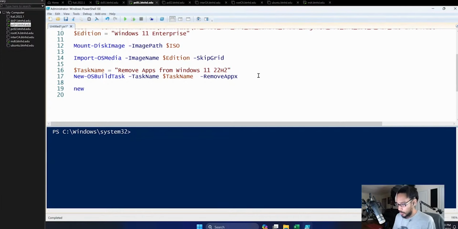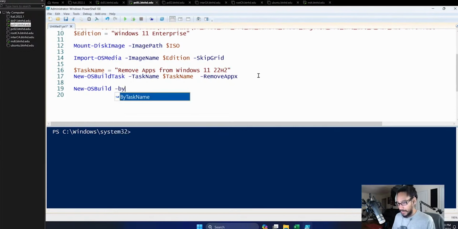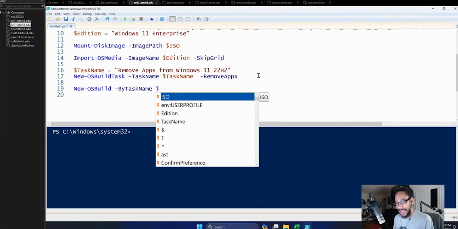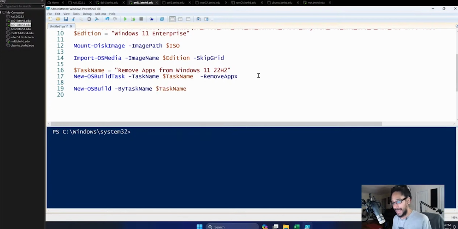We're going to do New-OSBuild, and we are going to do a switch of -ByTaskName. We already have a task name, so that was line 16 when we created a variable called $TaskName.